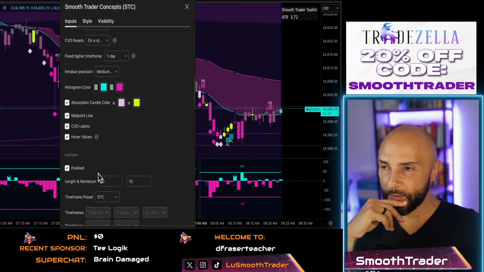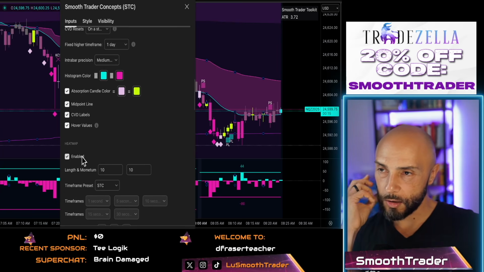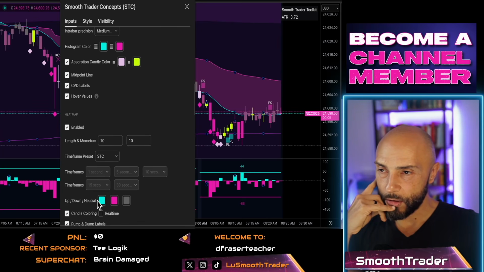All right, so next we have the heat map. So the heat map, this is very important. The heat map changes the color of the candles. It changes from, my colors are light pink all the way to blue. As you can see here, you can change it to any color you want. I like the neon pink, and I like the blue, this sky blue here. So what happens is